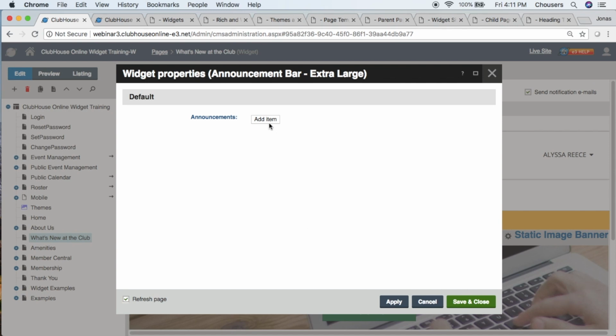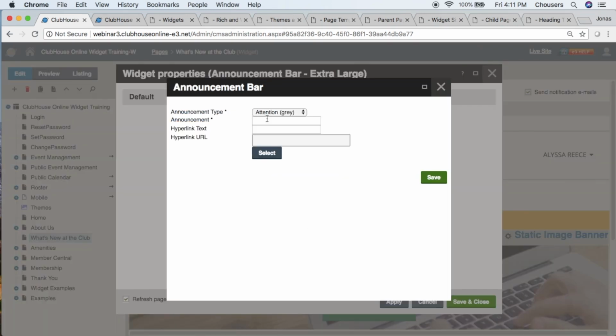So let's go ahead and add our item. And for the announcement type, you're going to go ahead and choose between your attention, reminder, caution, or alert. So we're going to go with reminder. Then make sure you do put in your announcement text. And note that there is a 65 character limit for this one. So for example, don't forget,